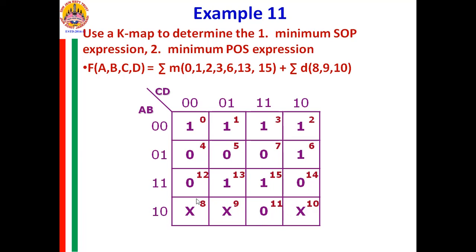Now let us try to form a quad. So let me form this quad first. This is a quad. This is an essential quad and we need to form this quad. This is an essential pair of ones. So let me form a pair of 1 here. The Boolean expression for this quad is A bar B bar, and this is also an essential one. So we can form a pair here. Using don't care we cannot form a quad.